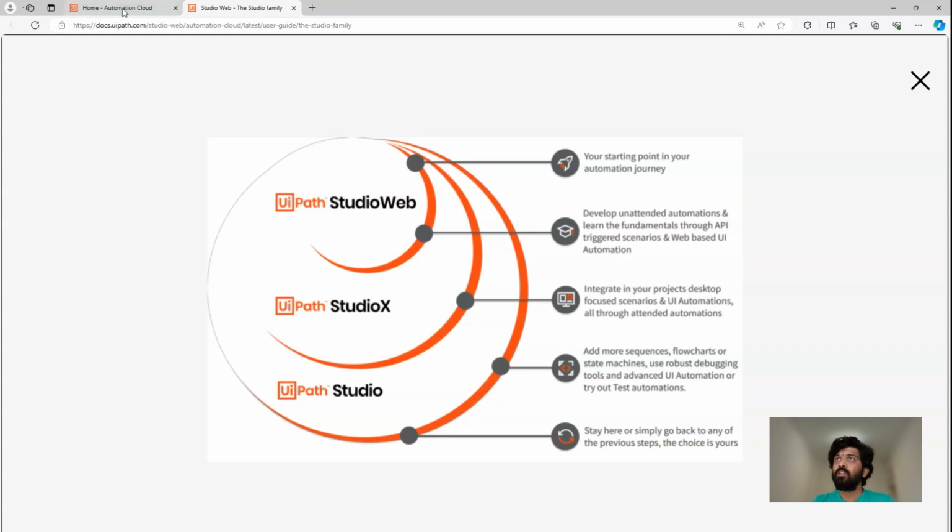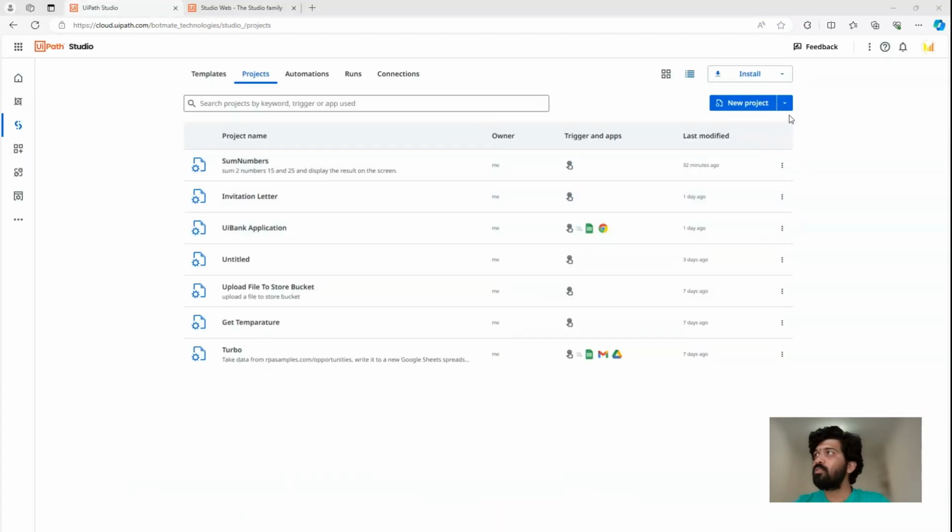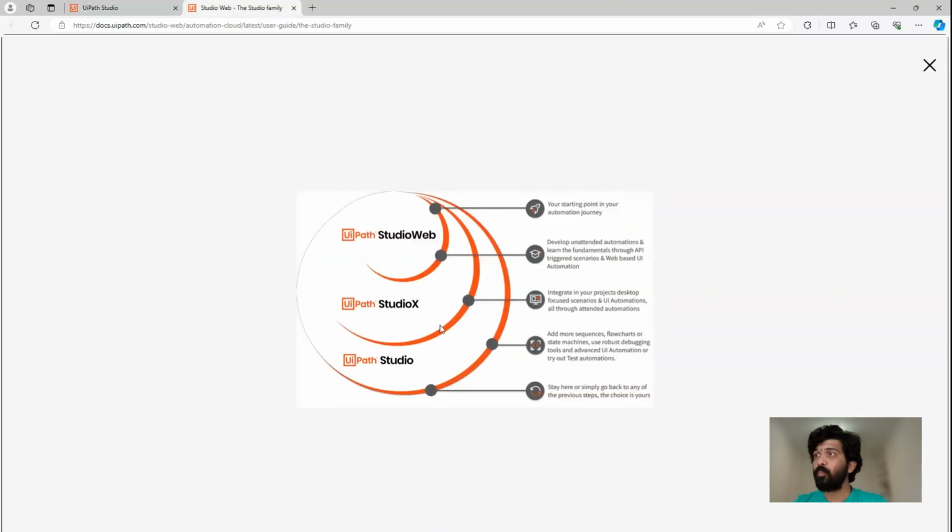So how do you bring that? Let's say you develop an automation. How do you do that? So the simple thing is you can go back to UiPath Studio, and once you are on UiPath Studio, under here you can import project. So using this import project button, you can import a project which is created in UiPath Studio X or UiPath Studio,